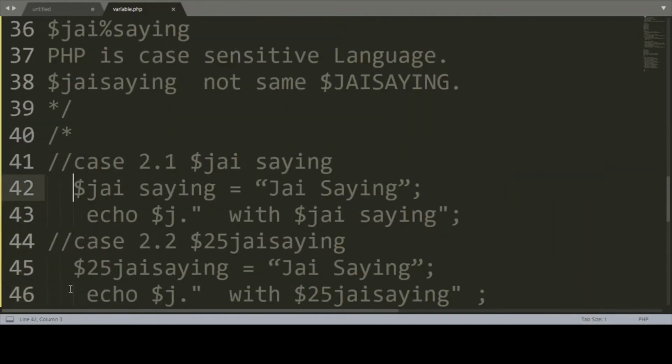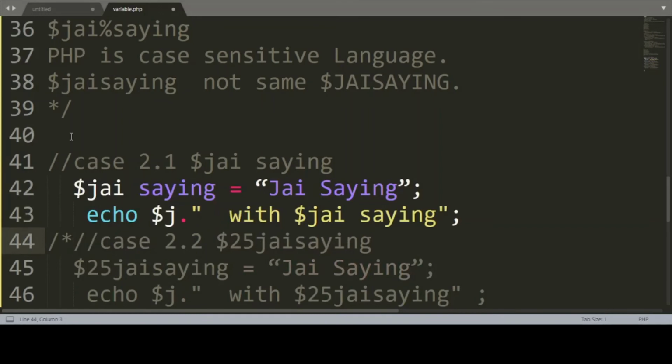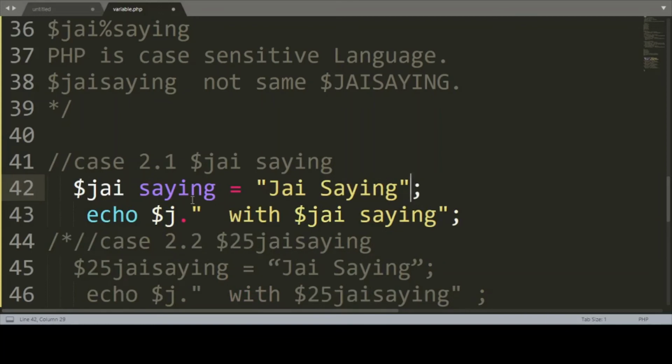The first case will be J space saying. So you cannot type a space between two values in case of writing a variable. So proper syntax, double quote here and double quote.